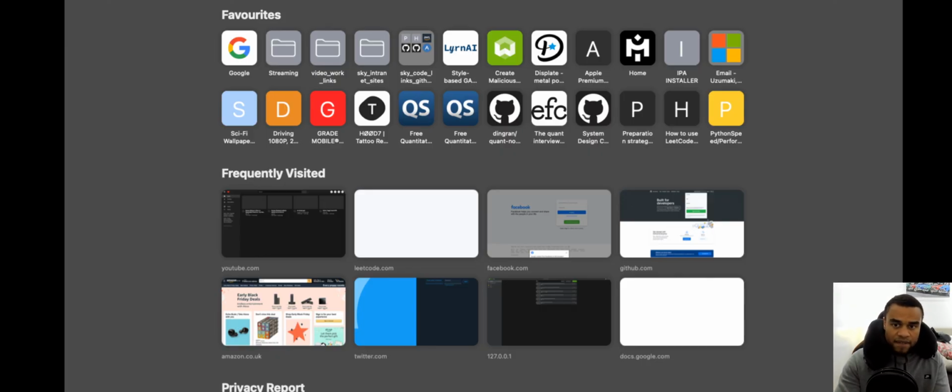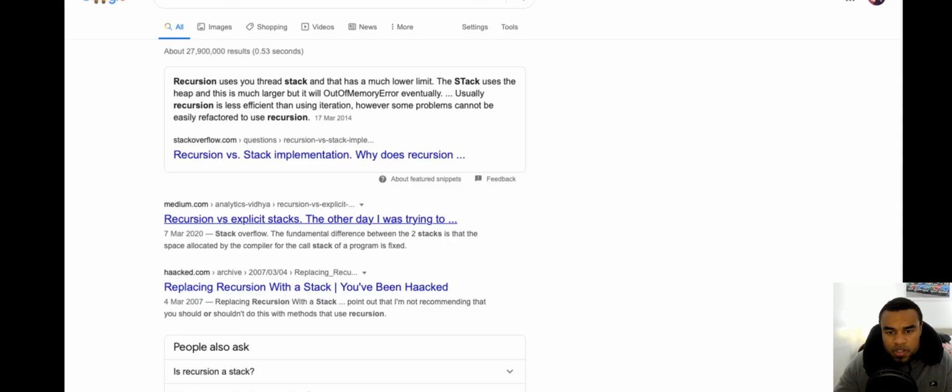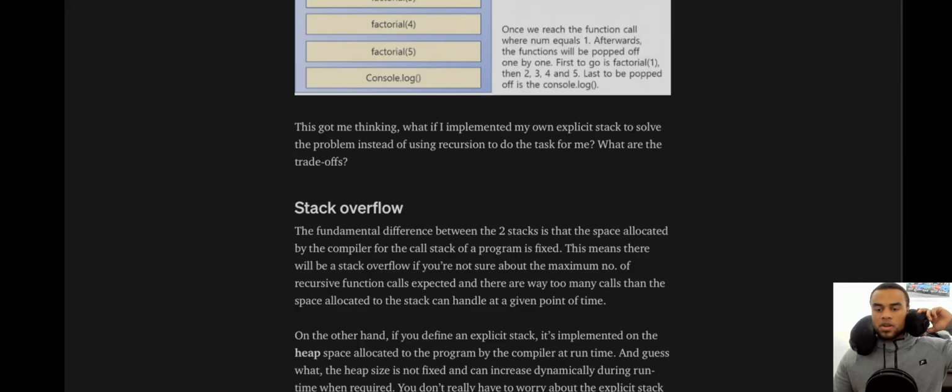The recursive stack versus a stack, recursion versus stack implementation, versus explicit stacks.